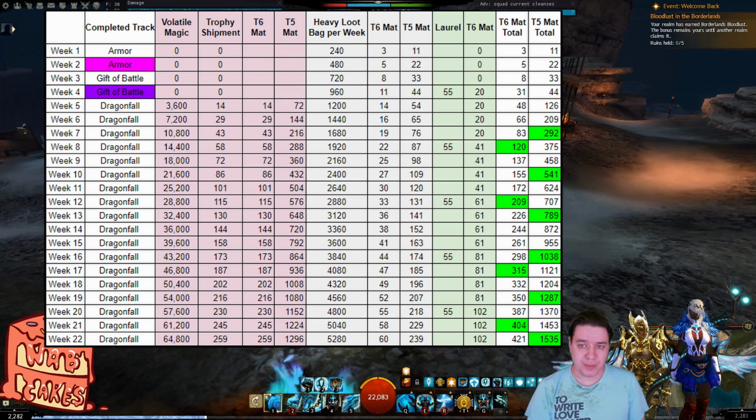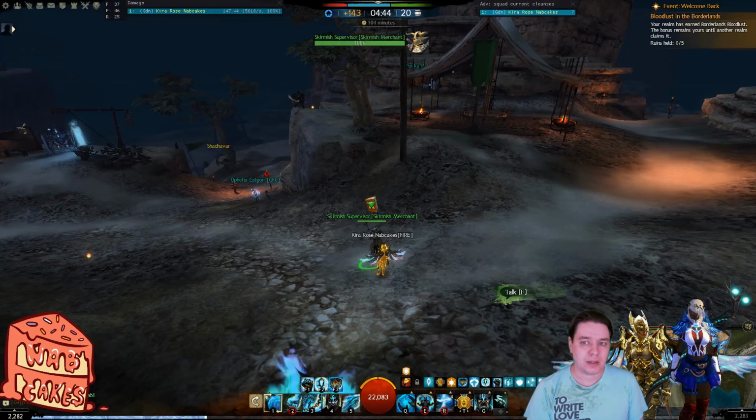And once these three methods are completed during the 22 weeks, you should have about 1,535 of each of the Tier 5 material and 421 of the Tier 6 material. So that still leaves you, I know, with 179, but if you're pushing a little bit harder, or if you're in a much larger